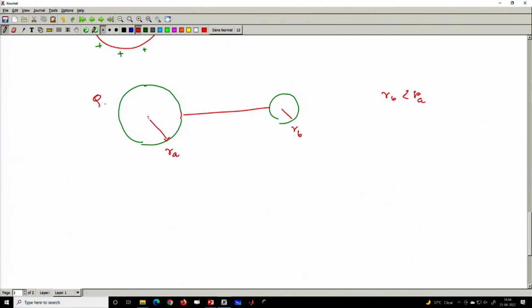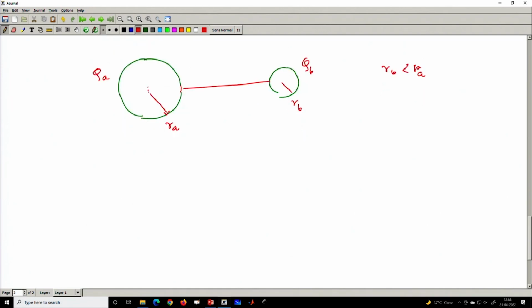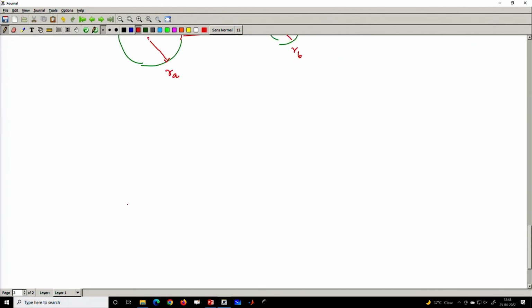QA is the amount of charge given here, and QB is the charge I just give to this conductor. Now, QA and QB will be distributed uniformly, and for the conducting sphere the potential, we know,